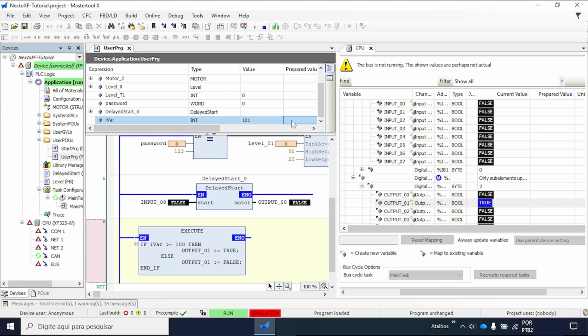As you can see, the PLC continuously executes the code contained inside the execute block and updates the output according to the logic defined in structured text. The execute block is very useful when you want to combine the simplicity of ladder logic with the flexibility and expressive power of structured text within the same application. That's it for this video, and I'll see you in the next one.